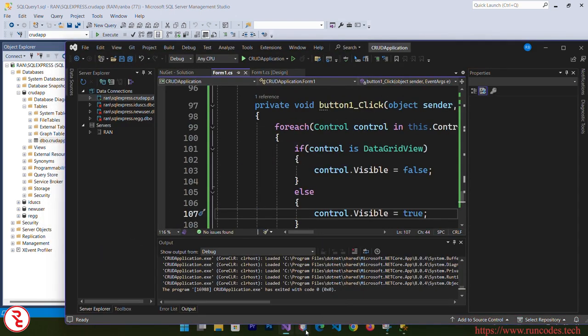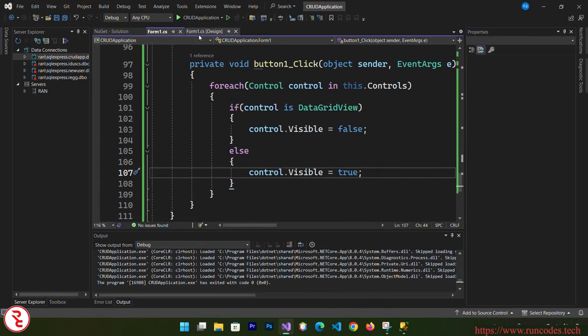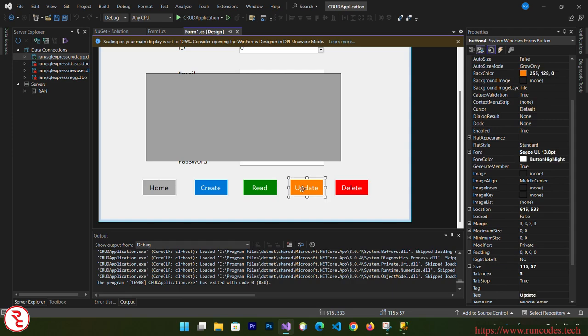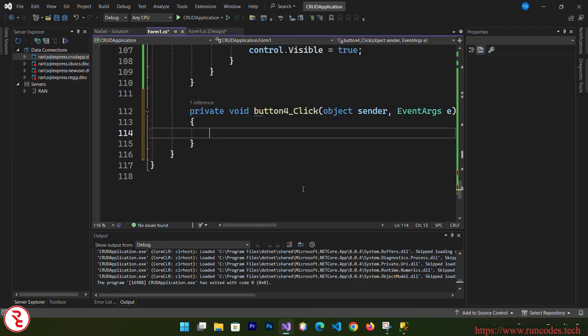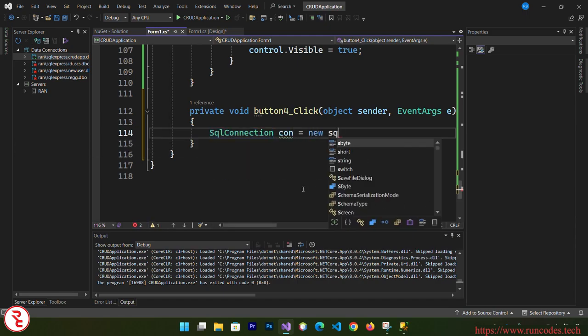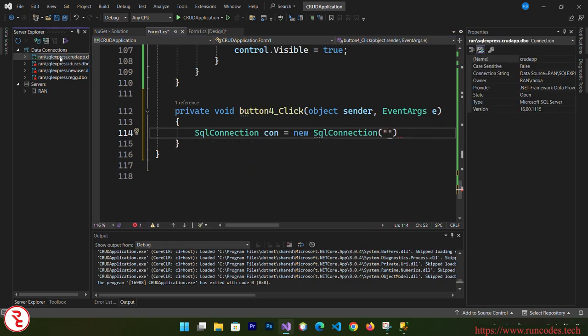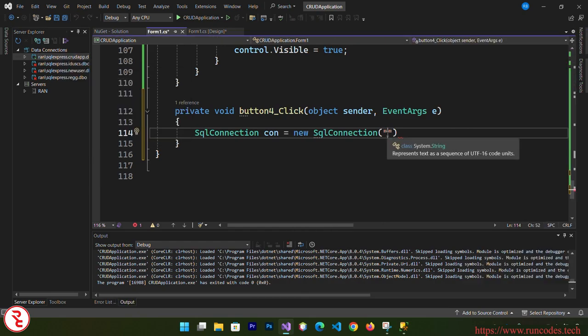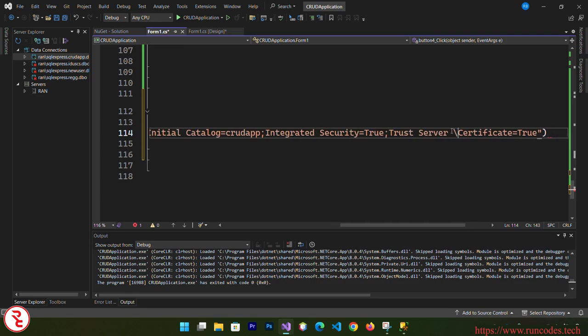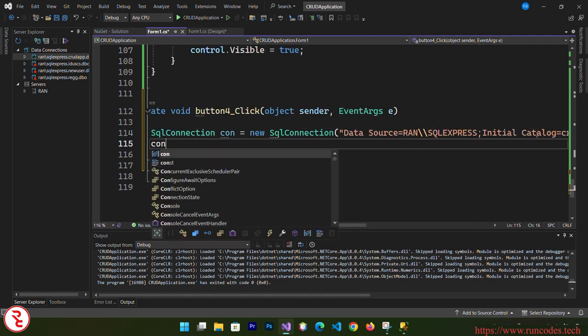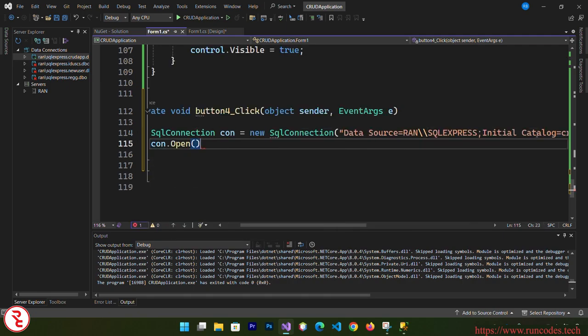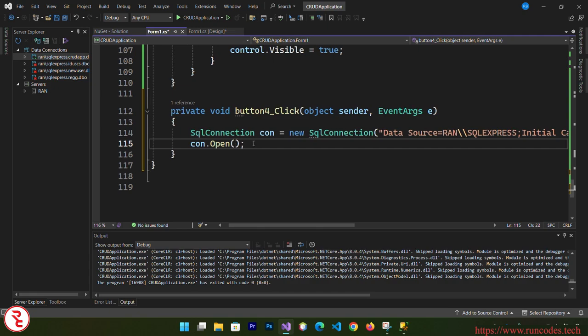So go back to Visual Studio and go to your form, and here double click that update, and the process is same. We need a SQL connection. Con is equal to new SQL connection, and here goes our connection string. Simply copy that and close this and paste here. And we need a connection dot open so that we can do an operation, and we need a query again,